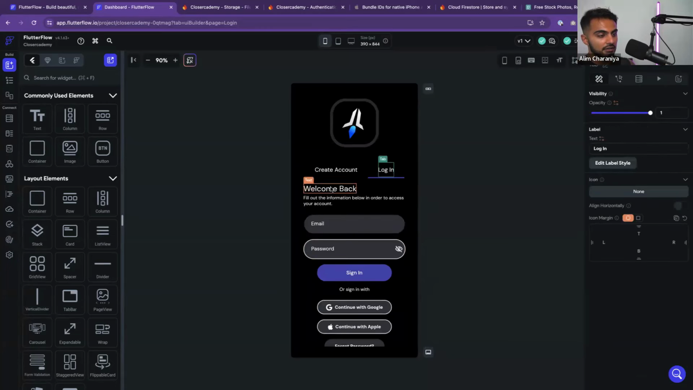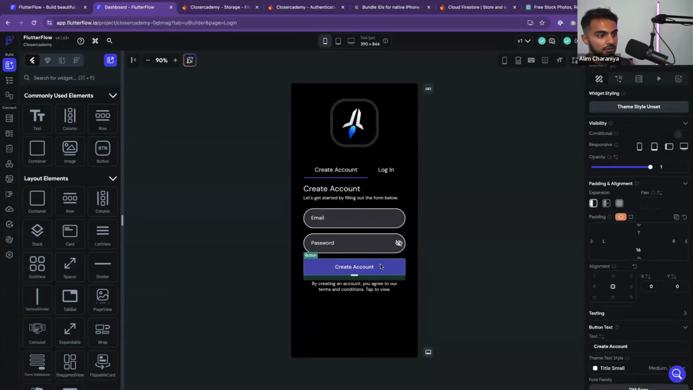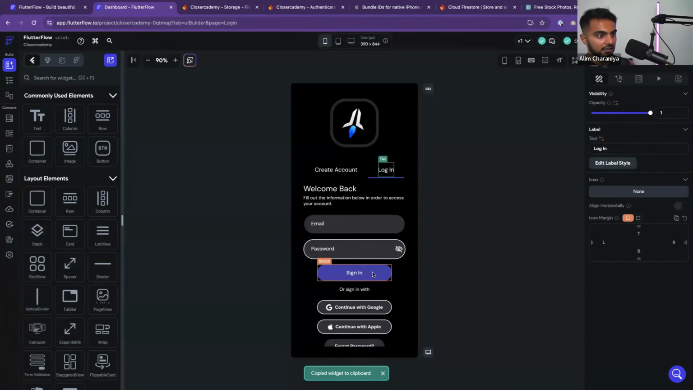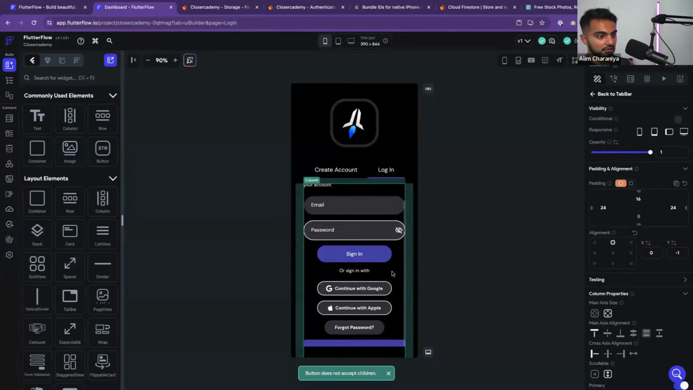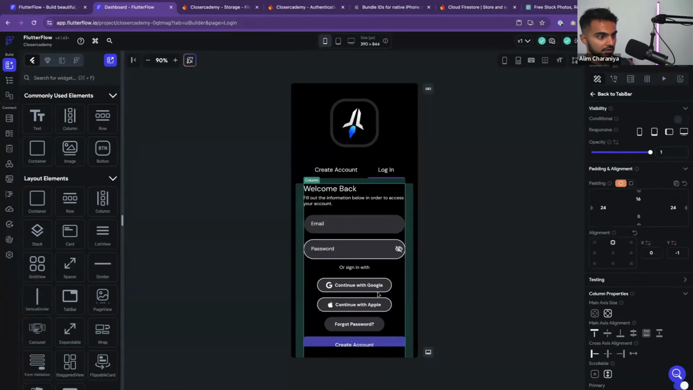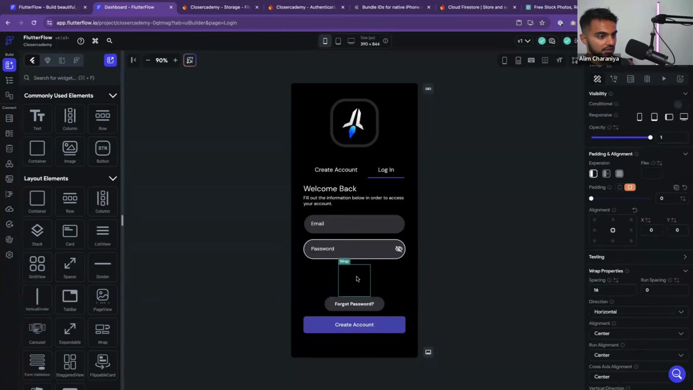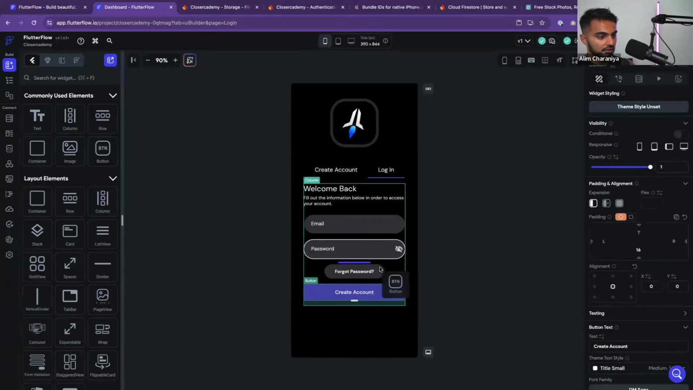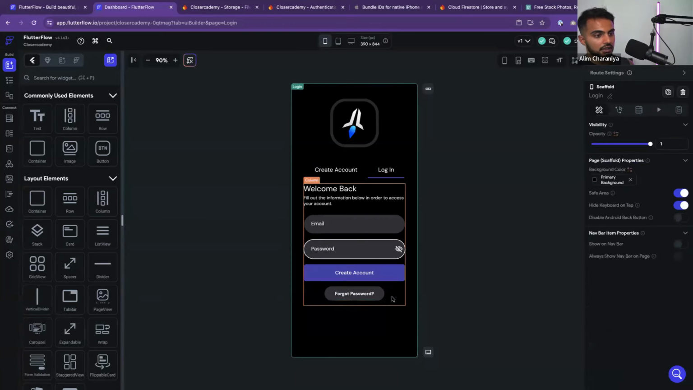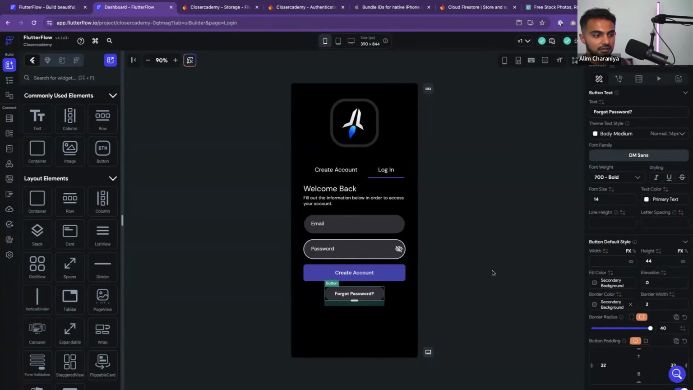Log in. We'll say welcome back. Boom, boom, boom. Love it. Let's grab this button that we created here and bring it here as well. Let's get rid of this button. Get rid of sign in, get rid of this, get rid of this. Cool. And then for forgot password, I kind of like where this is headed. We can still use this for a